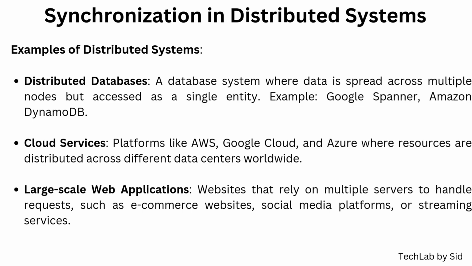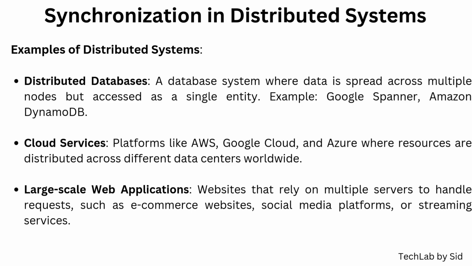Examples of distributed systems are everywhere. Distributed databases, like Google Spanner and Amazon DynamoDB, store data across multiple nodes but allow access as a single entity. Cloud services like AWS, Google Cloud, and Azure distribute resources across data centers worldwide, offering scalability and reliability. Large-scale web applications, such as e-commerce websites and streaming platforms, also rely on distributed systems to handle millions of users